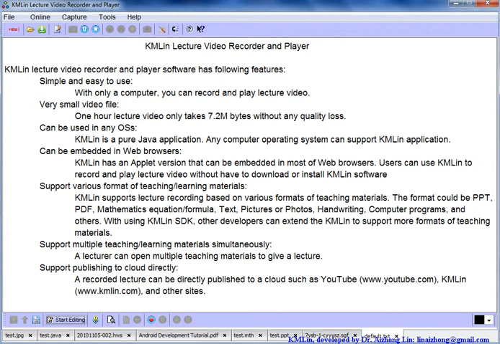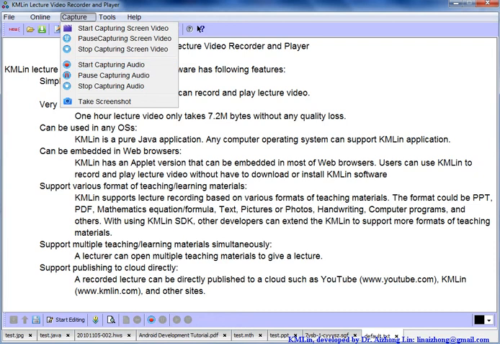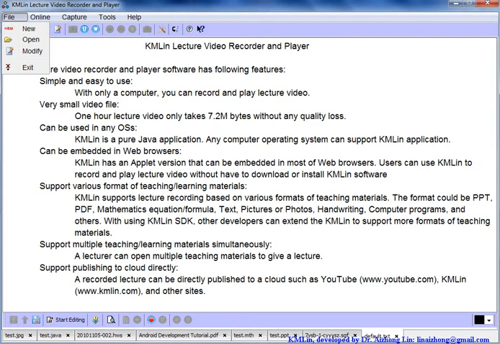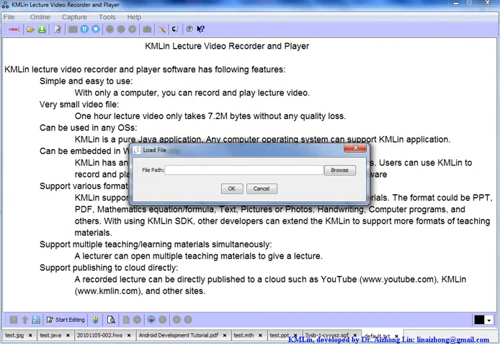For easy to use, we can see on our screen we have only like 5 online capture tools. We don't have any other functions. So in the file menu, we can create a new teaching material or open existing teaching material to give a lecture, or modify the lecture video. Online, we can load remote